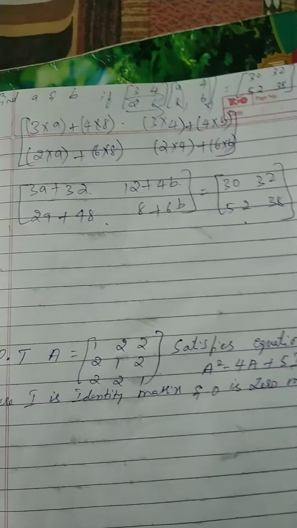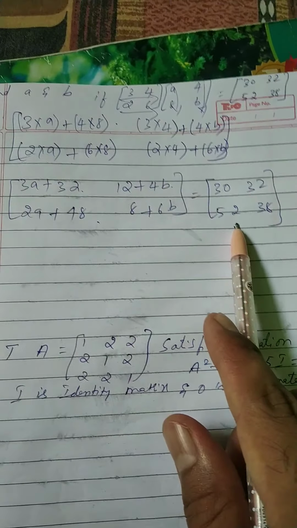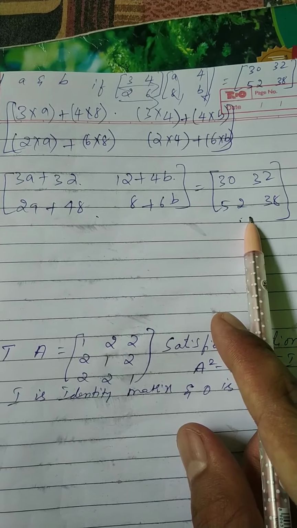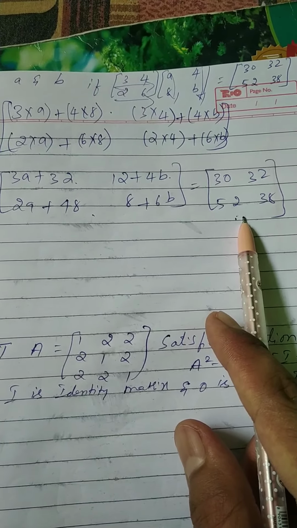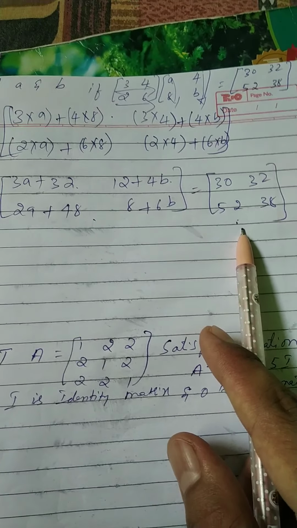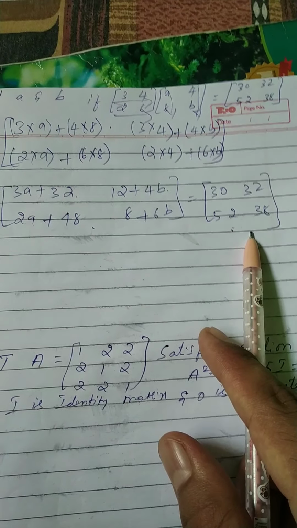No, I don't think so. Why? Because for matrices to be equal, what is the rule? Their rows and columns must be equal, obviously, and also their elements must be equal. Only then can we say we have an equal matrix, right? But how do we find the solution for this is the question now. How do we get the solution?